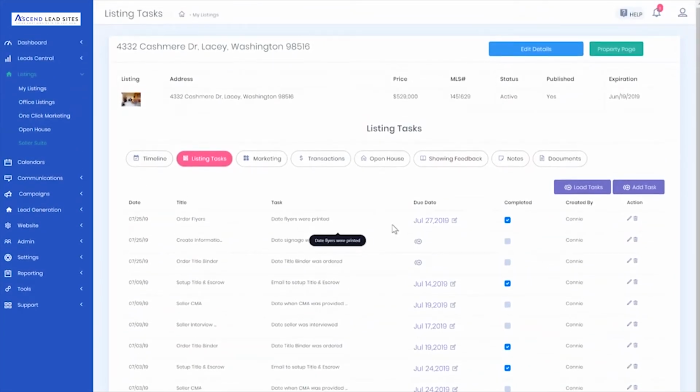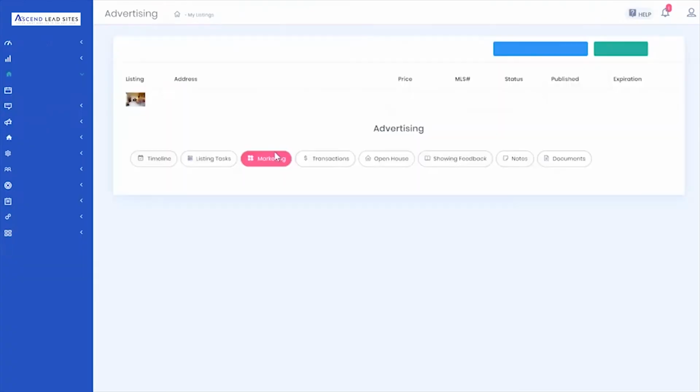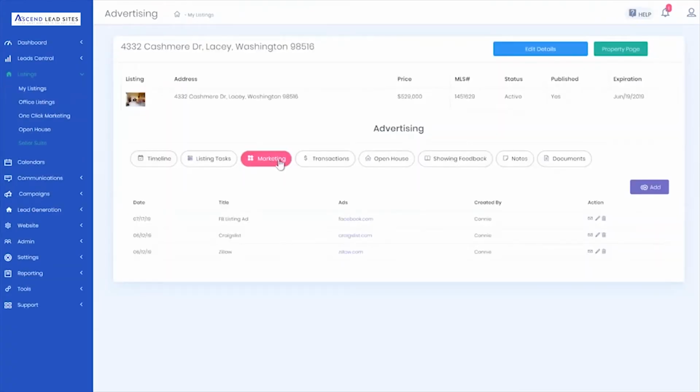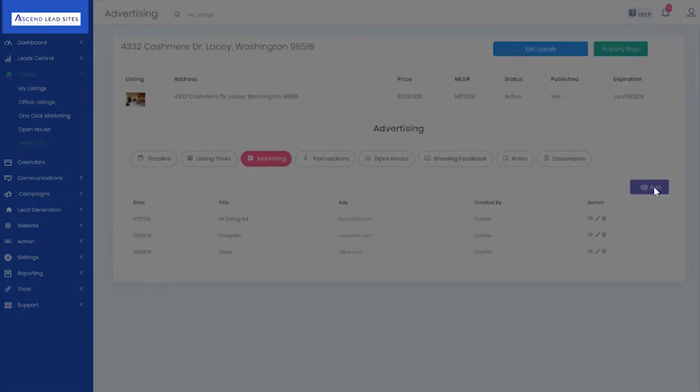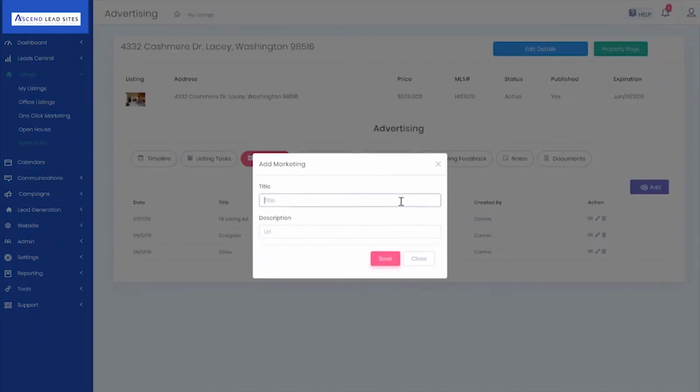Marketing, this will show the sellers what we've done for their home in terms of marketing. So if we set up their home on Craigslist, we go Craigslist, and then we actually can put in the Craigslist URL, whatever that may be, you know, home 555, hit save,